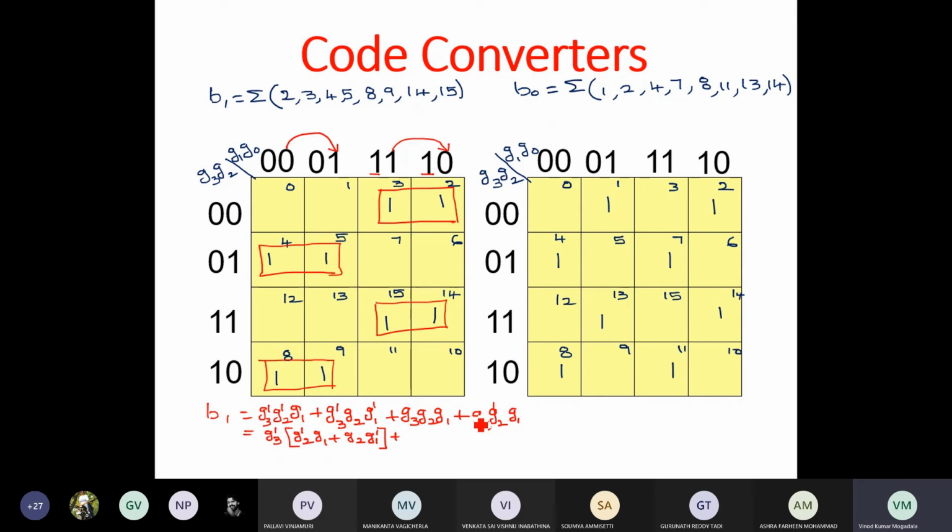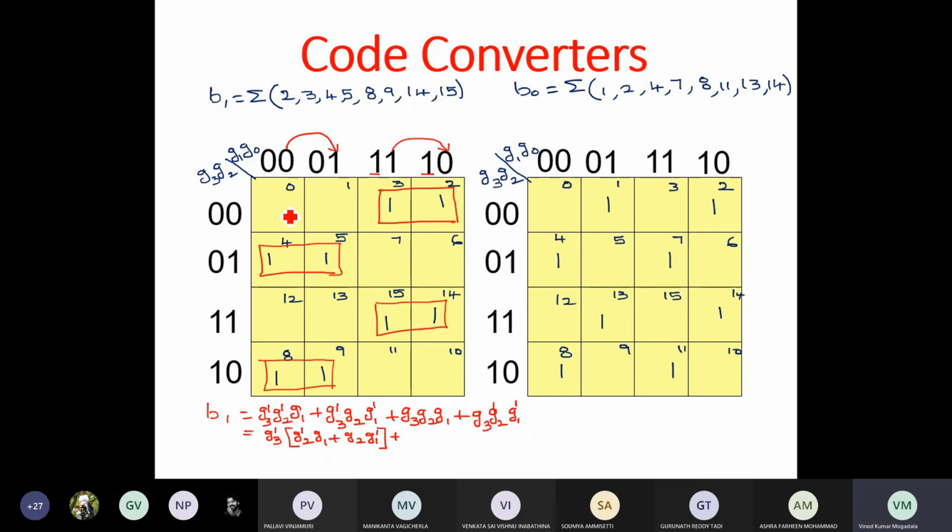Here I think we made a mistake. For this term, done correctly, Z3, Z2 and Z1 is correct, and then here, cross check once, Z3, Z2 prime, and then Z1 prime, right?